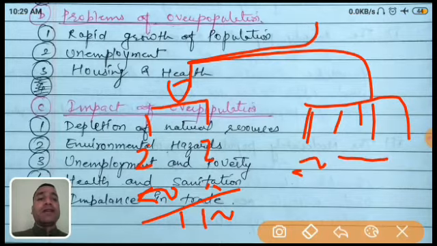Why? Because if more children are there, they will beg more money. If they are begging more money, obviously they will earn more money. So that's why they think of it as a business. That's why don't give money to the children, otherwise they will make a habit of begging. So I hope it is clear.